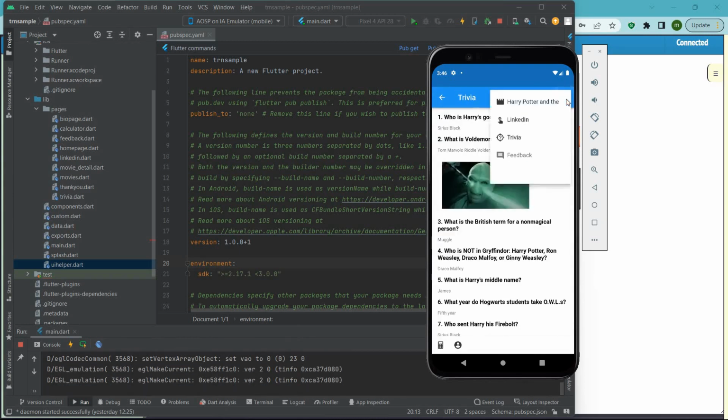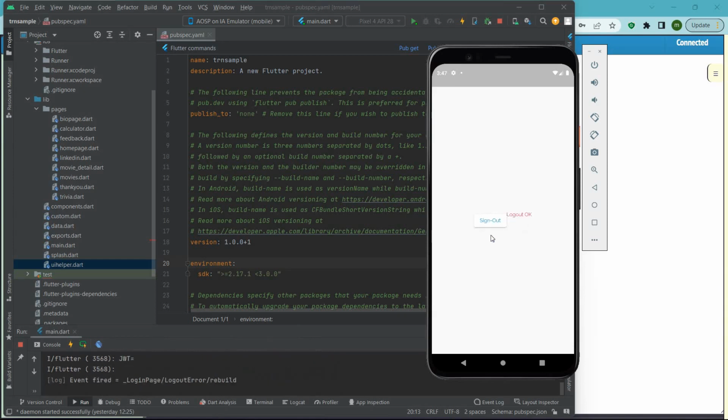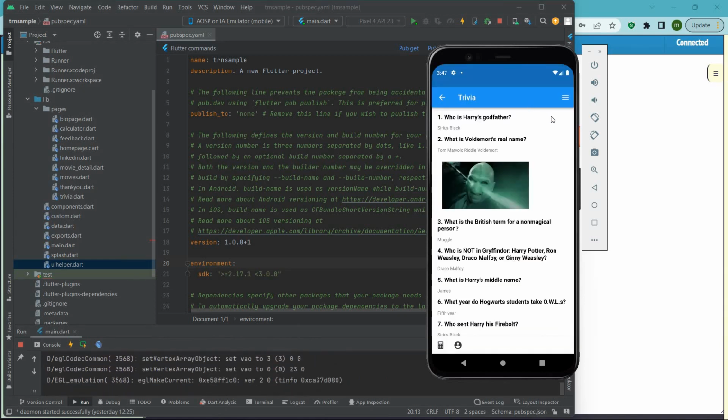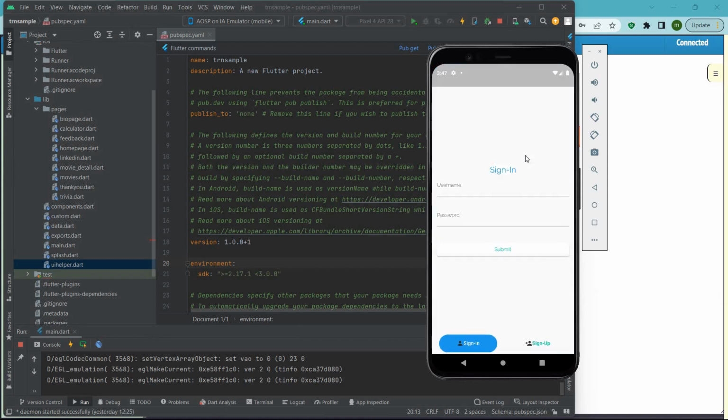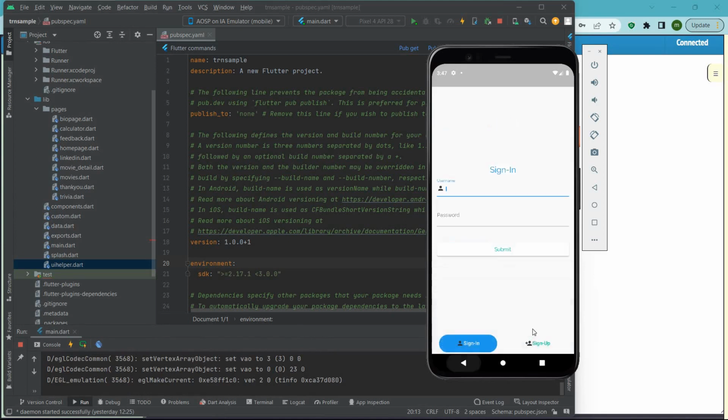Okay, now one thing which I did before I started this demo is that I signed in. So I'll just do a sign out for you. Now what happens is either I can sign in using the sign in link, or if I try to go to a page which is configured to require a sign in, then we'll automatically put you to the sign in page. And on the sign in page, you also have an option of sign up. If you're not already a member, you can just sign up from here. But I've already done this and I've registered. So